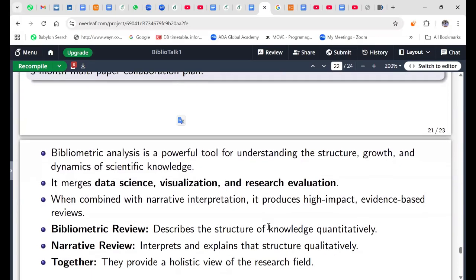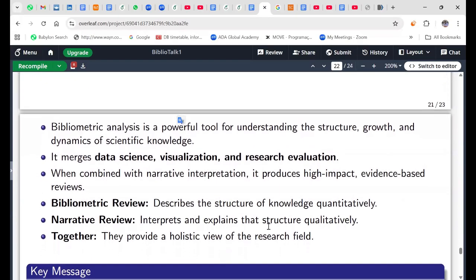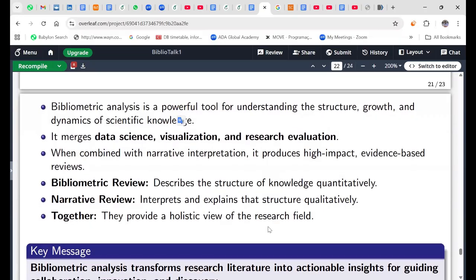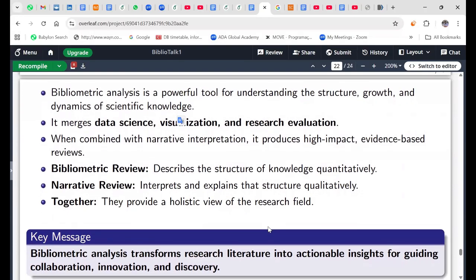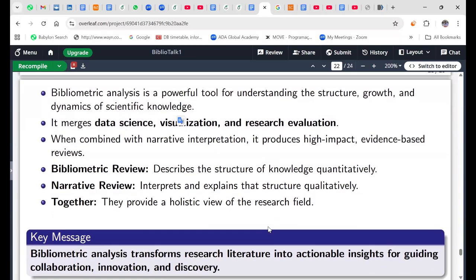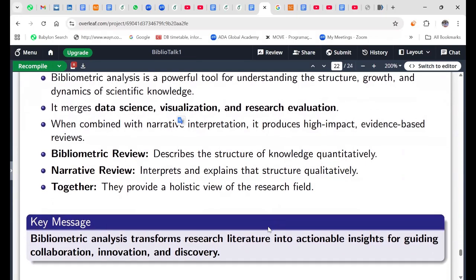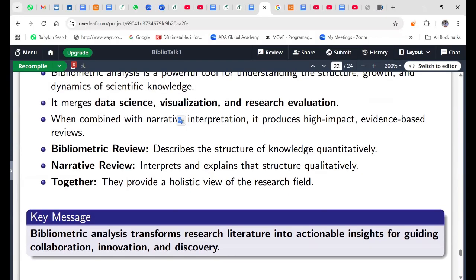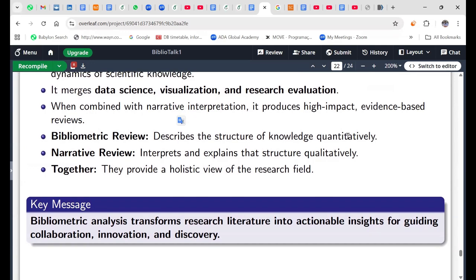So now, in conclusion, we have seen that bibliometric analysis is a powerful tool for understanding the structure, growth, and even dynamics of a particular topic or area of scientific knowledge. It's an area of data science that includes data visualization and research evaluation. It's a very interesting area, and when combined with narrative interpretation, it can give you a high-impact paper that will be published in a high-impact journal, because evidence-based